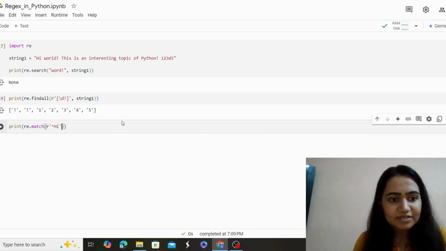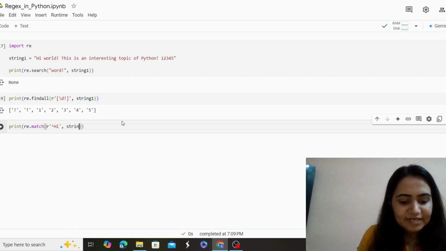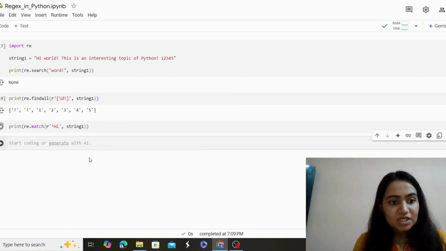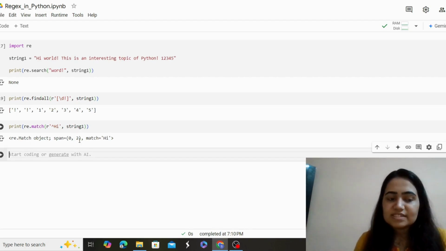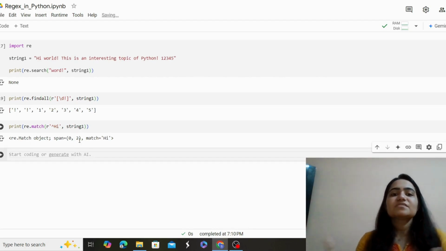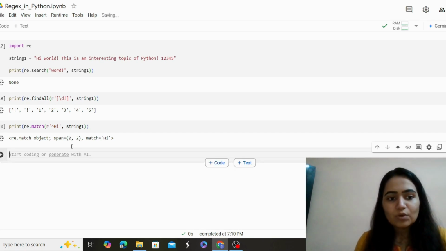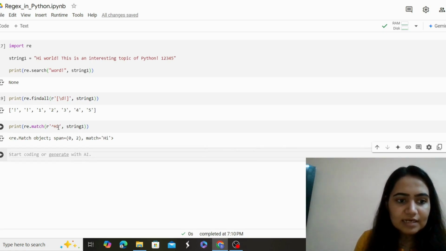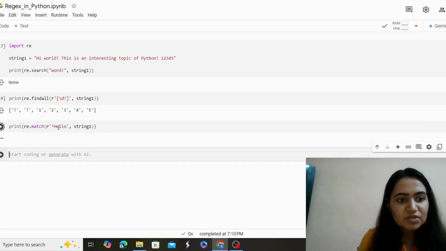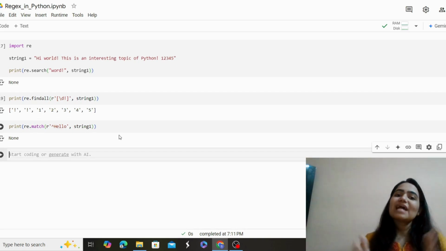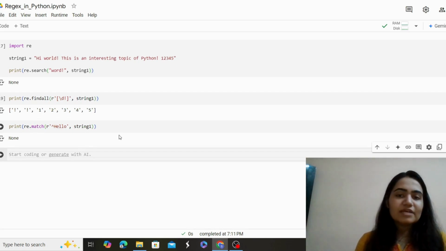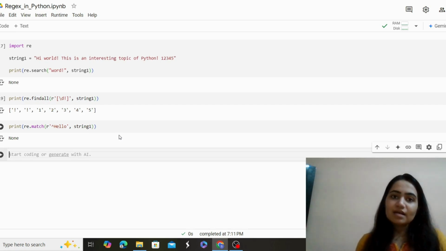So it will definitely return me the match object. But let's actually verify it with this match function, what it returns, right? So as you can see here, it has given me the match object and also the start index of high and the end index. So definitely in Python, the counting or the indexing starts from 0. Hence the start index of high is 0 and the end index is 2. Now instead of high, I make it hello. The string 1 does not start with hello, so it will give me none over here, right? So that's the use of match function, which will help me check, like a conditional check, whether a string is starting with a particular word or not.